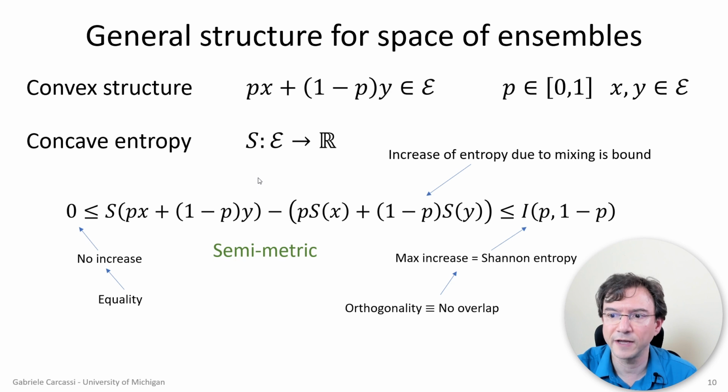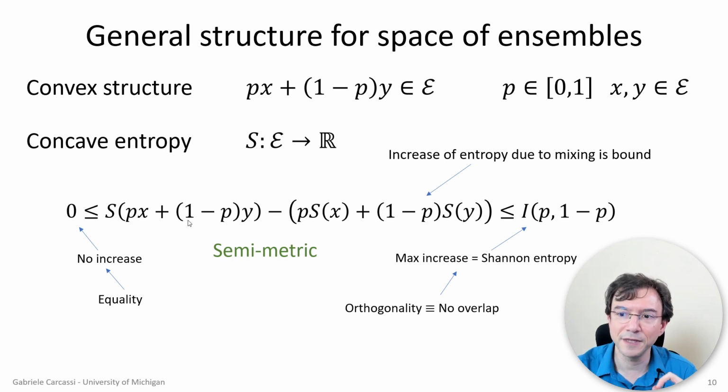Actually, it's strictly convex. What that means is that if you make a convex combination of two ensembles and you subtract the average entropy of the two ensembles by themselves, then this difference can only be non-negative. That is, if you take two things and you mix them, the entropy always has to go up or stay the same. You can't decrease entropy by mixing things. And this makes sense if you imagine that entropy is a measure of the variability of the elements of the ensembles, if it's a measure of uncertainty, and so on.